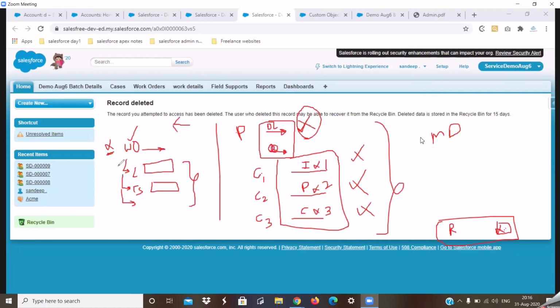Alright. So that is why deleting your work order will also delete your childs. Right? So whether it's an advantage or a disadvantage depends on your scenario. Alright. So if you know what the advantage scenario is, that is where you will be using your master detail relationship. Alright. So same goes with your sales.